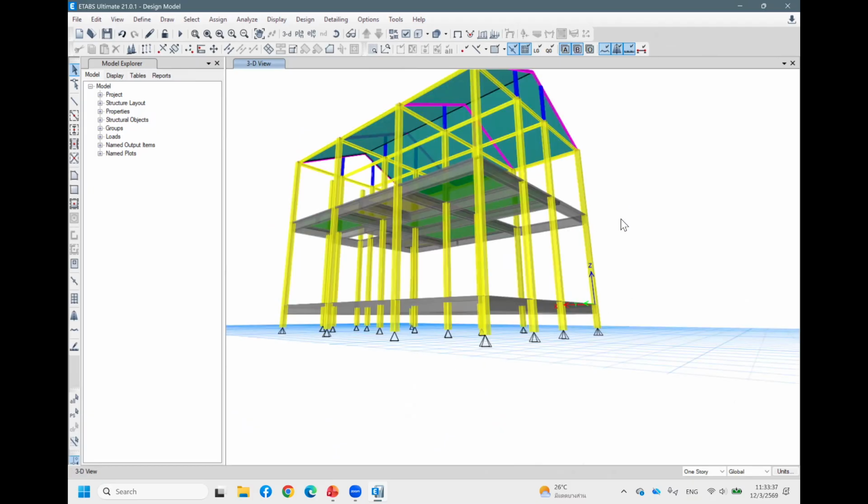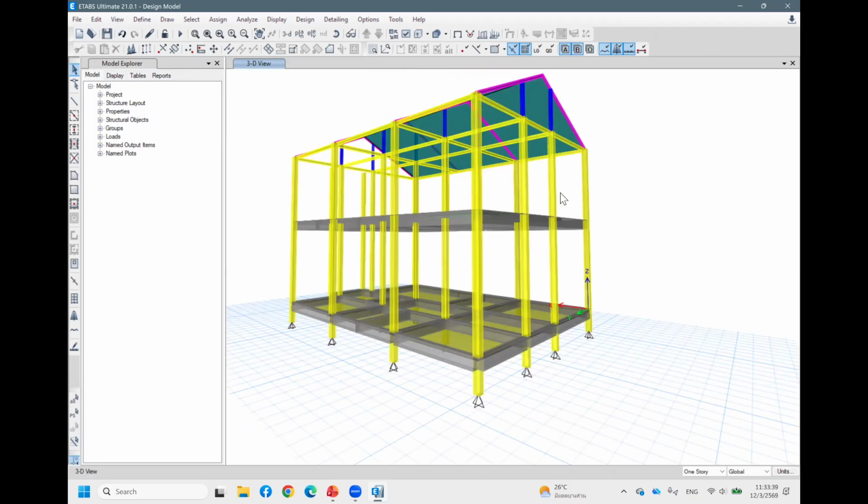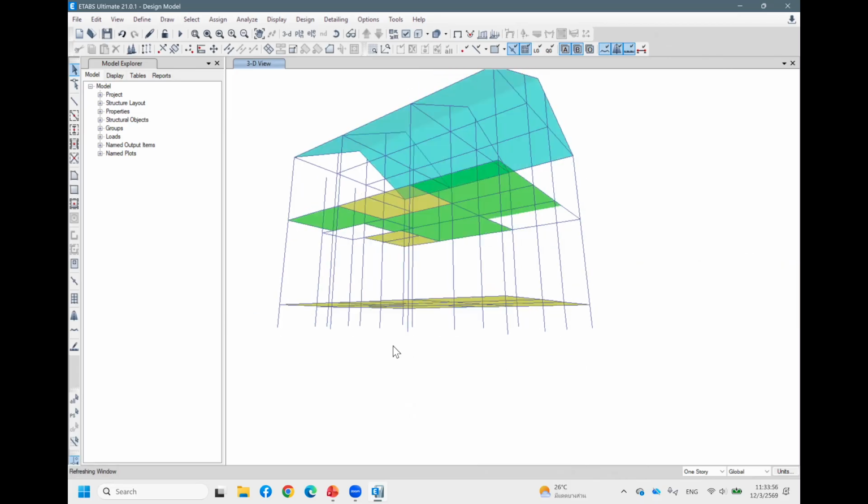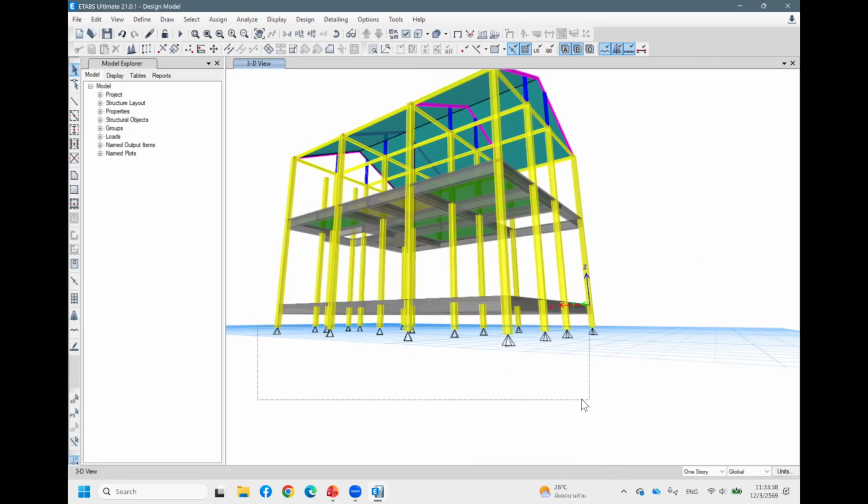Okay, our model is complete now. So the next step is to assign the frame and the joint, how we should make them connect, like simply support or fixed support, and so on. So now let's go to modify the joint first. For the joint, the connection, joint here, select all,